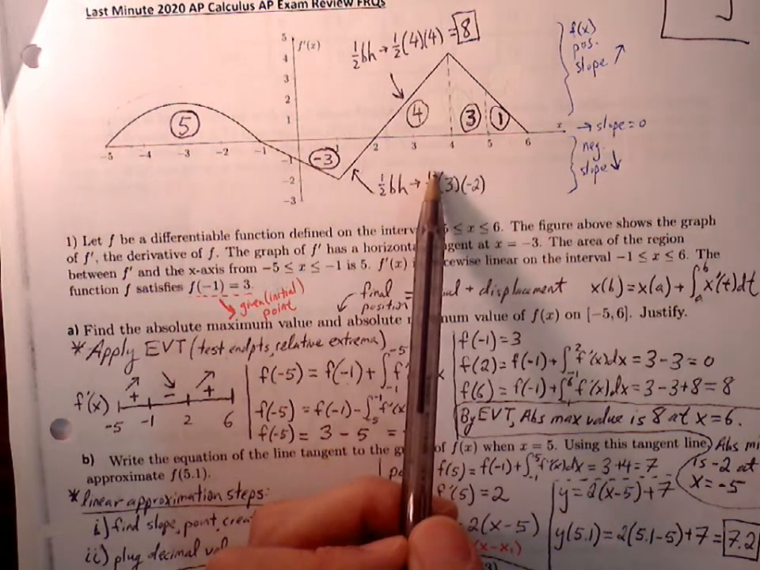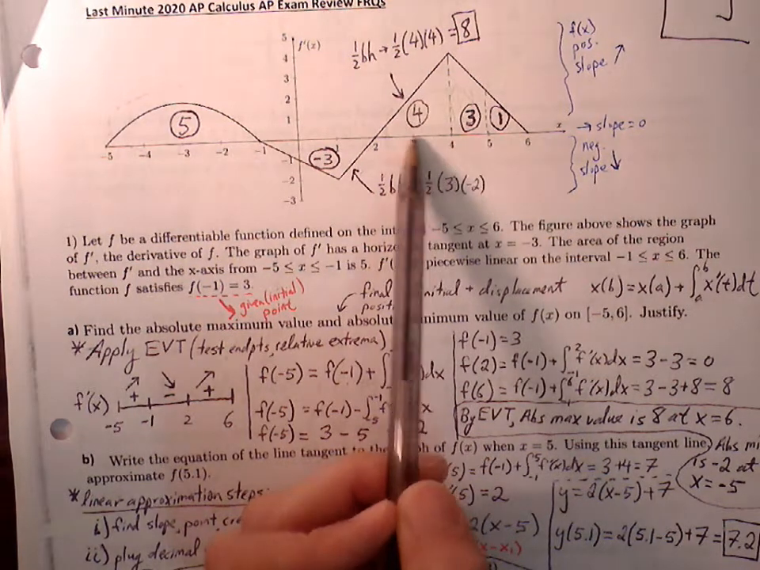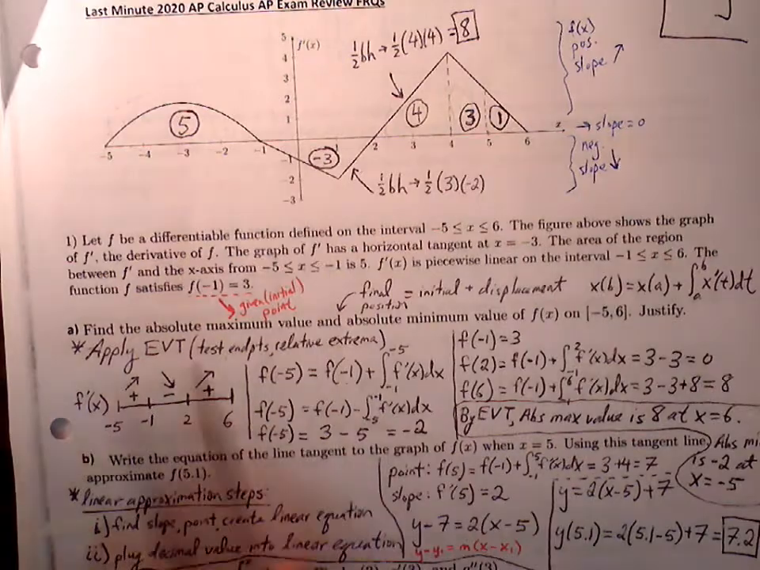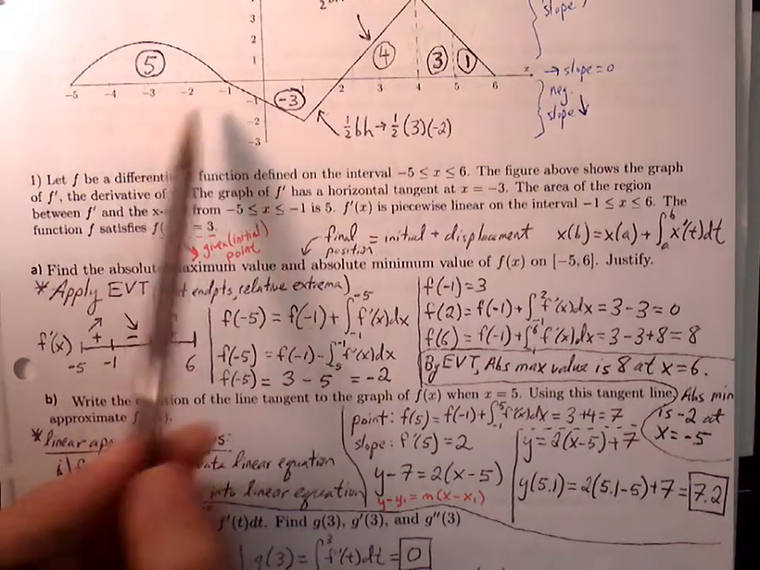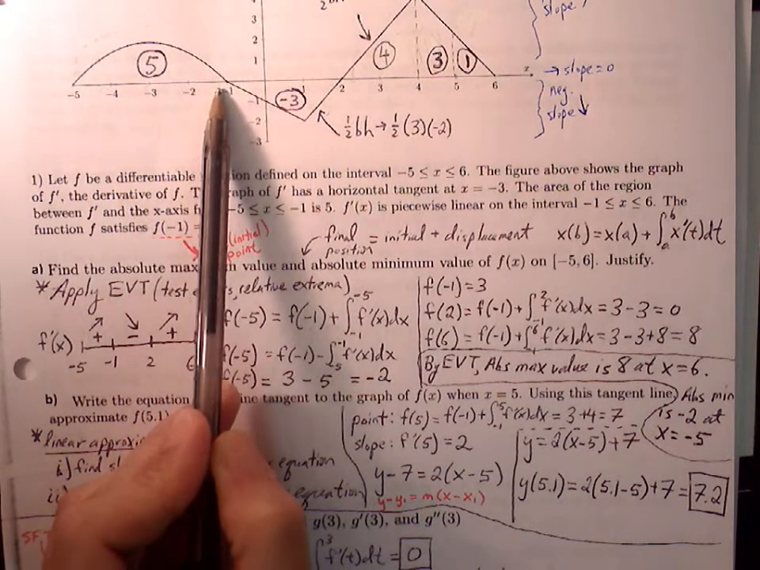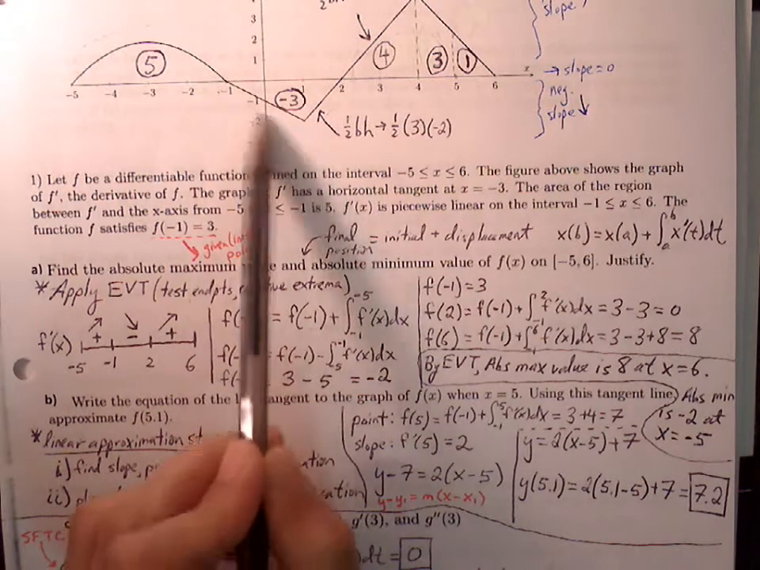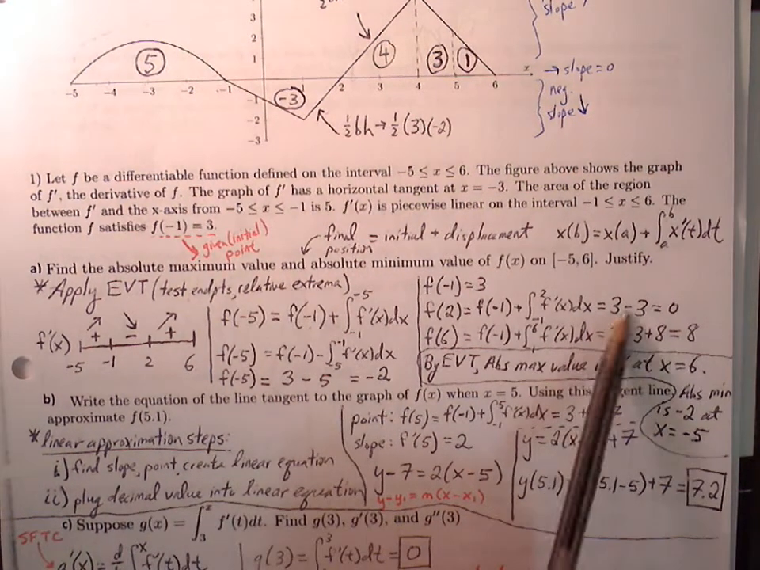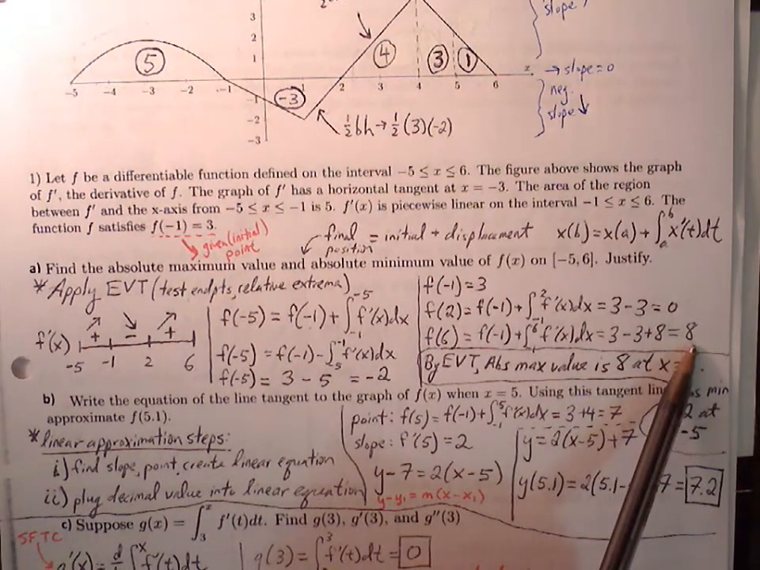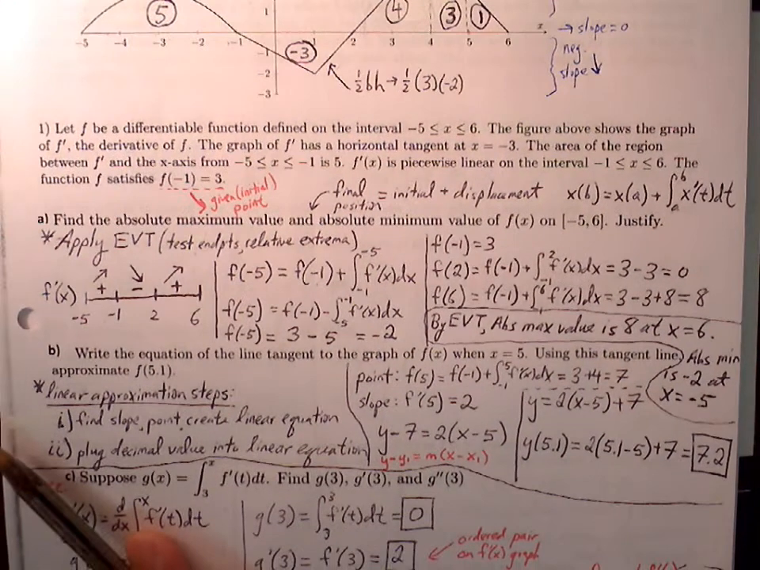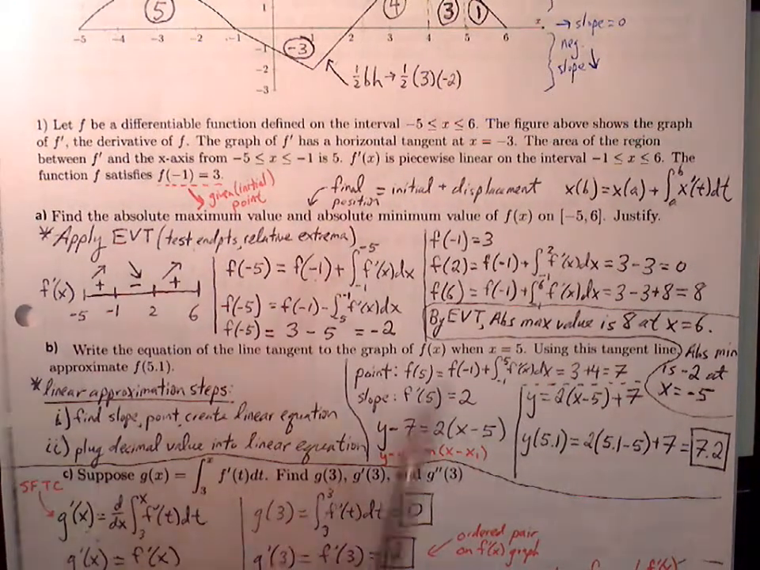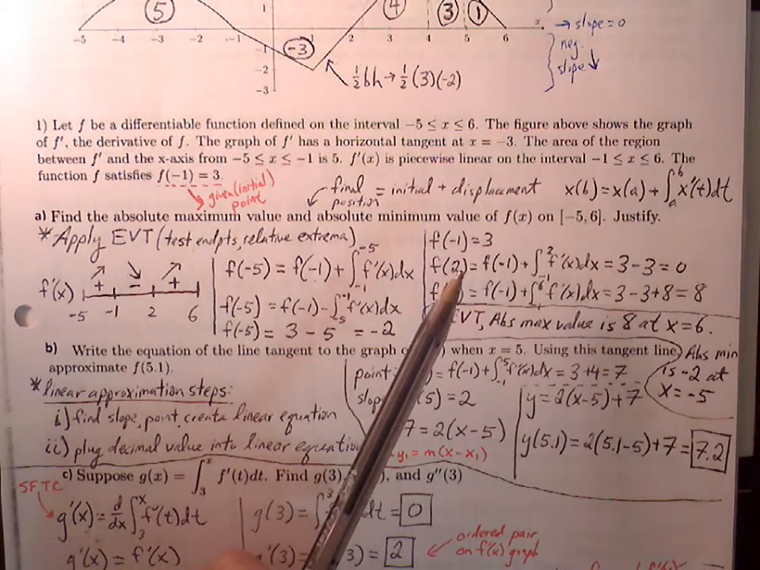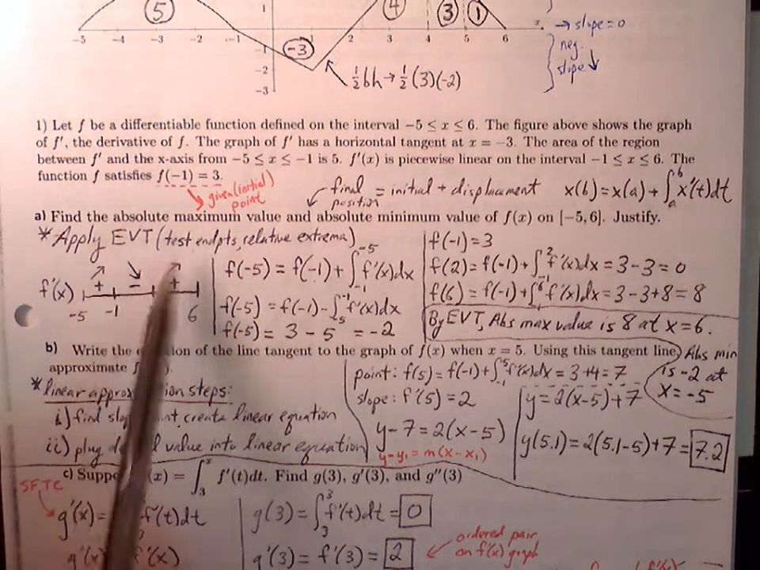So we know that this full area is 8. If we total all this up, we get the starting point 3, plus 8, and that gives us 8. So now, by the extreme value theorem, we can conclude through the work that we've shown and information that we've gathered,